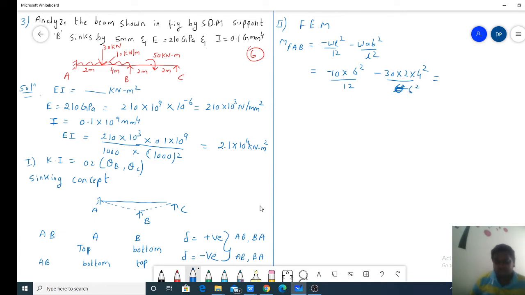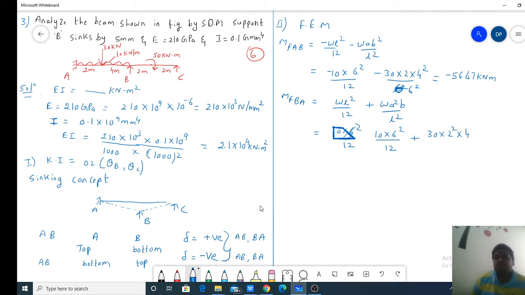So this comes out to be minus 56.67 kilonewton meter. Now similarly MFBA. So MFBA, the same thing. Here it will be plus WL square by 12, then plus WA square B upon L square, right? So then here what happens? This will be 10 into 6 square upon 12, then plus 30 into 2 square into 4 upon 6